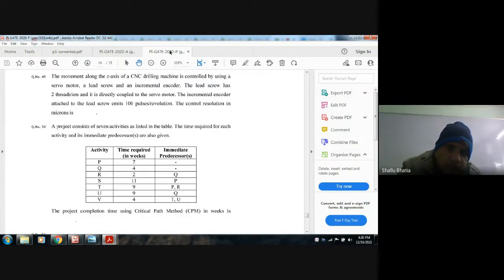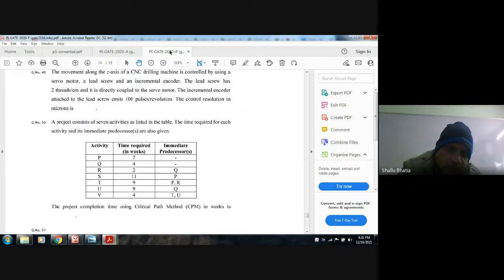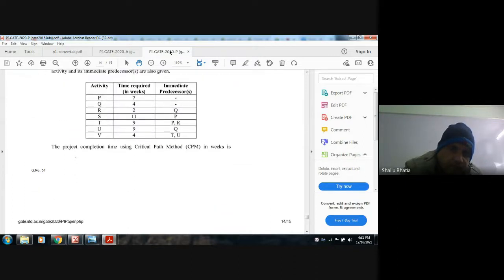The project consists of 7 activities as listed in the table. The time required for each activity and its immediate predecessor are also given. So activities are P, Q, R, S, T, U, V, and time required is 7, 4, 2, 1, 1, 9, 4. Immediate predecessor: dash, dash, Q, P, P, R, Q, P, U. The project completion time using critical path method is